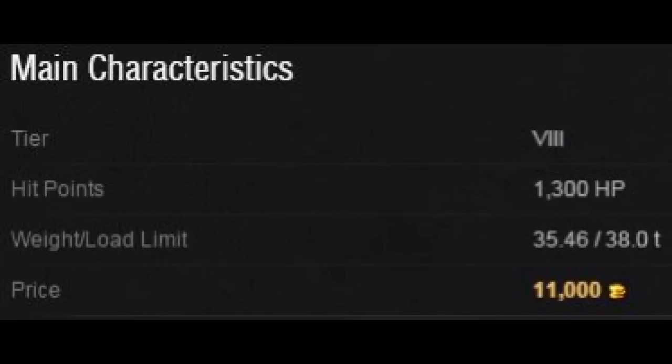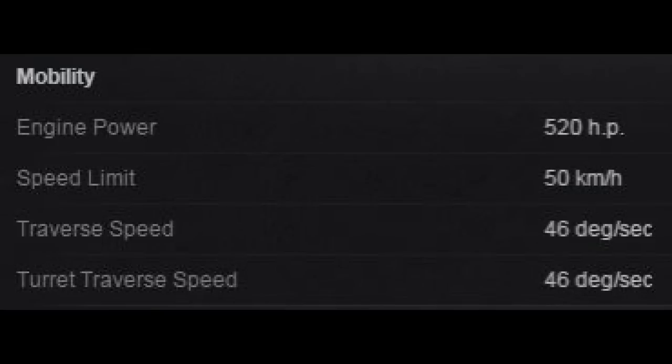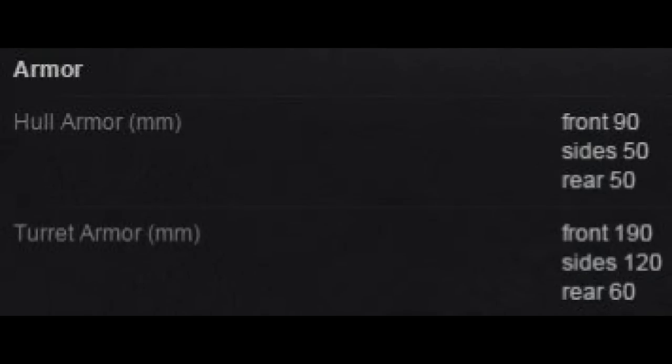Taking a look at the main characteristics, you can see it is a Tier 8, 1,300 hit points, and 35.5 tons. The value of the tank itself, outside of the package, is 11,000 gold. Again, looking at the mobility, we talked about the acceleration, speed limit, 50 kilometers per hour. It is a pretty darn fast tank, especially for a Tier 8 medium. Traverse and turret speed are the same at 46 degrees, which comes in very handy when you are trying to